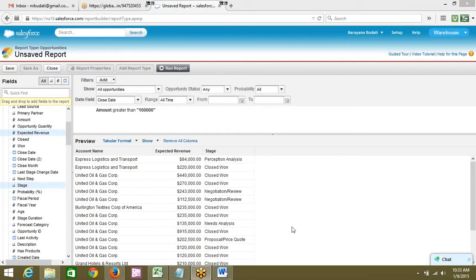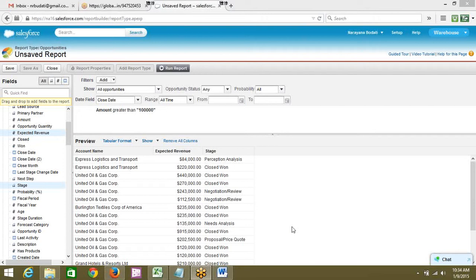Next is the other format of the report. This was a simple tabular report, okay? The other report that we're going to talk about is a summary report. Now the requirement is different. Your management told you that we want to know what is the total worth of opportunities at each stage. So there is a field in opportunity called stage, right? And under stage there are a few options.